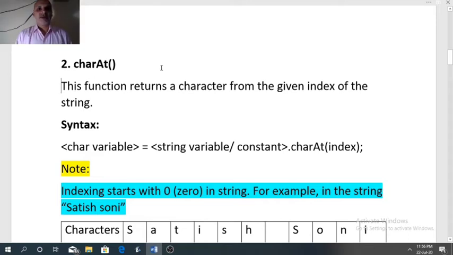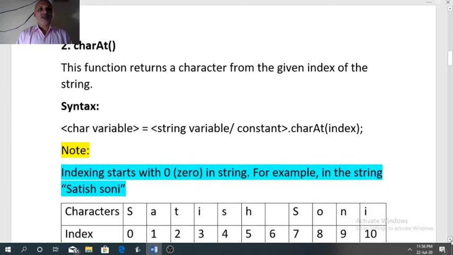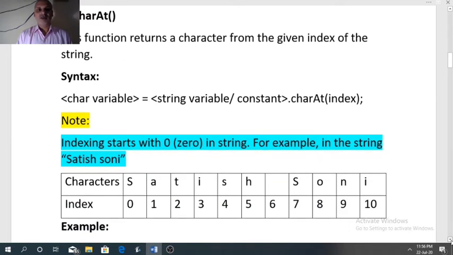This function returns a character from the given index of the string. So inside the bracket we have to pass argument. That argument will be an integer index. Since function returns a character value, first we need a character variable.